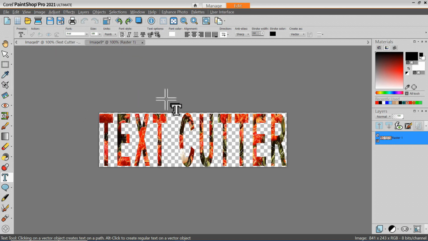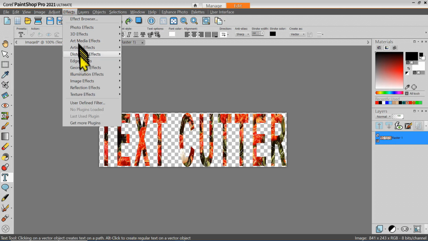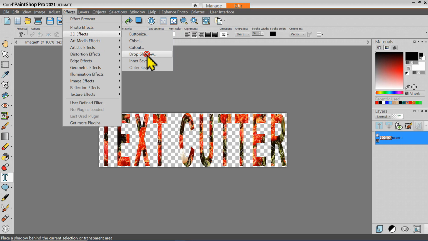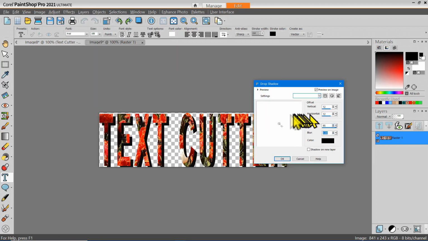I created a new image with a transparent background, and I think what I'll do just to demonstrate this is I'm going to add on this new image a drop shadow. 3D effects, drop shadow, and in this case I'm going to set this pretty dramatic just for the illustration. So okay,